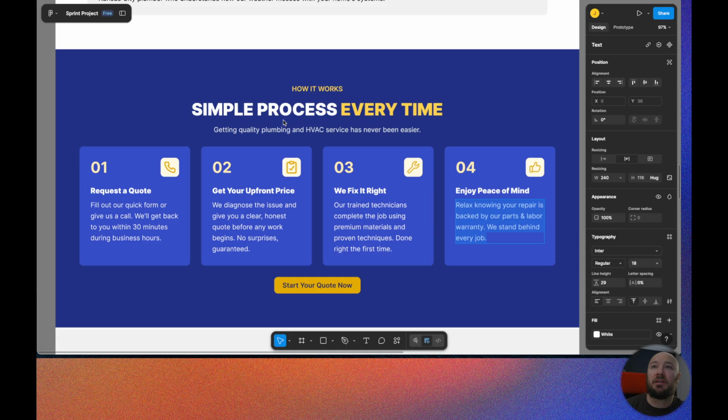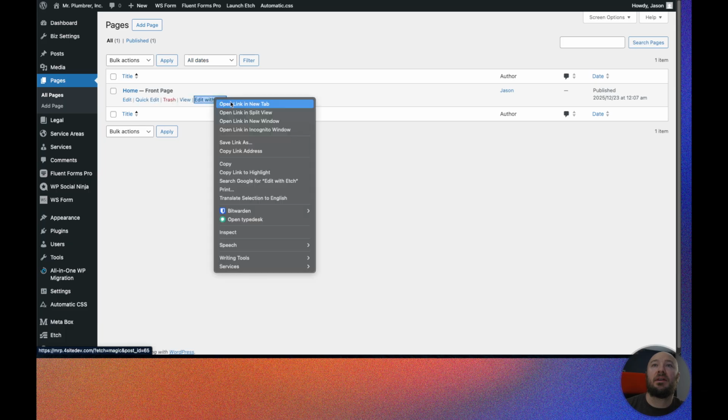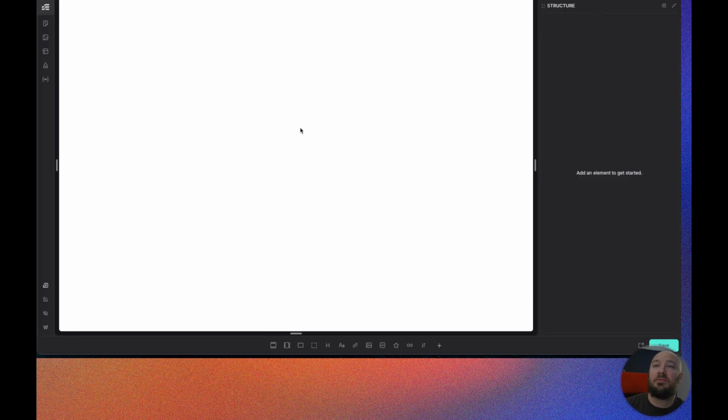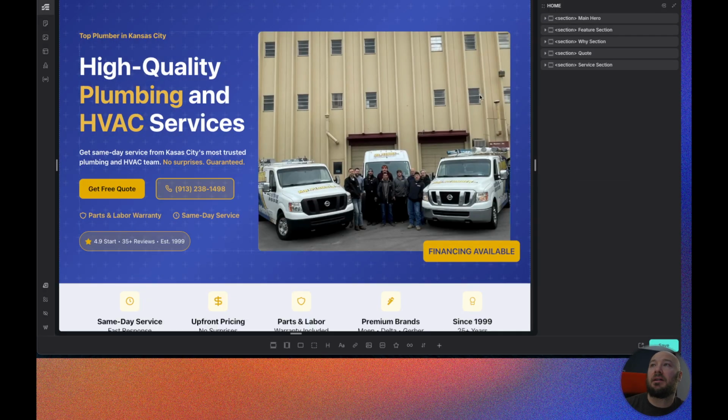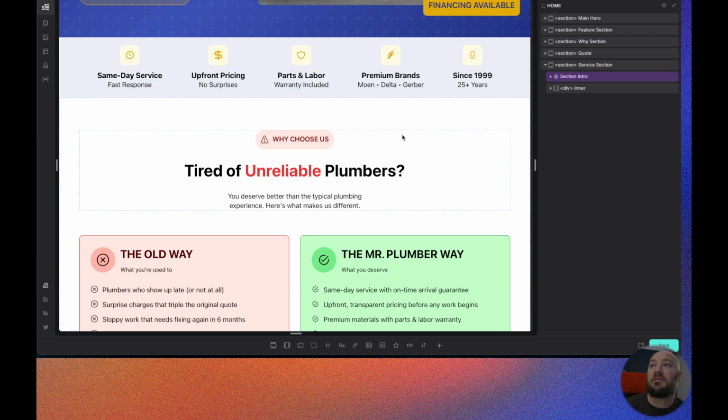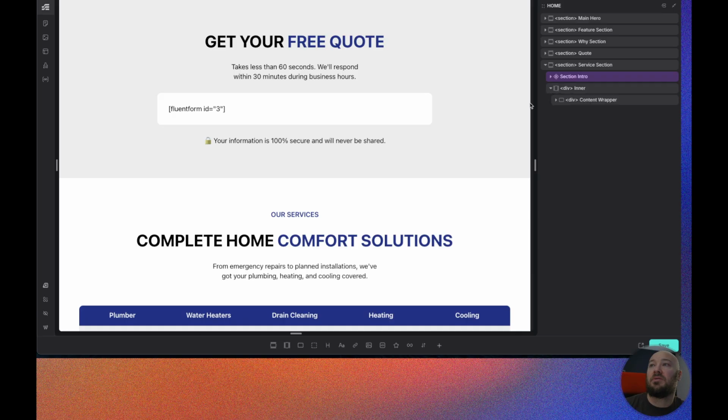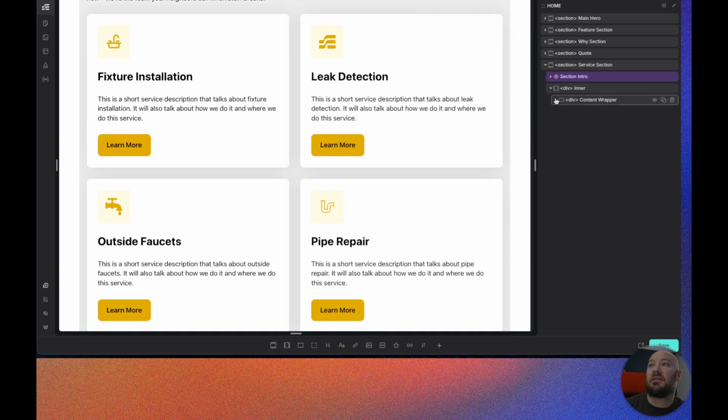Today we're going to build out the process section here. I'm going to go ahead and dive into the builder here. Prior to doing that, there was one thing I forgot to do in our service section. So I'm going to quickly do that, and it has to do with our cards. So I'm going to get that open here,